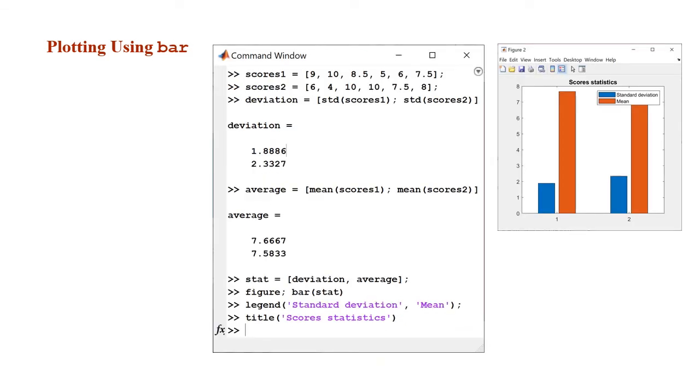Another plotting function in MATLAB is the bar function, which will draw a bar graph for us. Here we have an example in which we're interested in creating a bar graph that will help us compare the standard deviation and the mean of two scores sets. The first scores set is named scores1, and then in the second array here we have a variable named scores2 that will store the second list of scores,